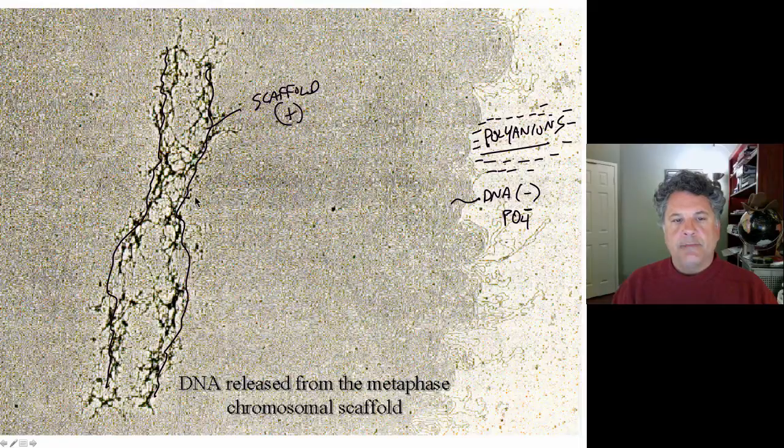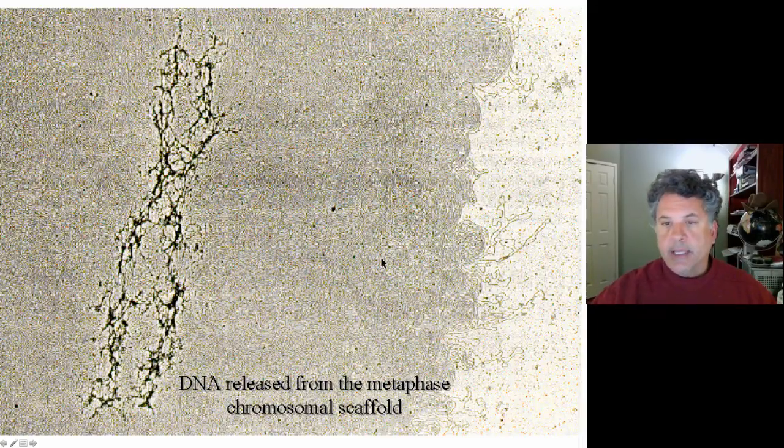And the DNA then spews out from the scaffold, and what you are looking at here is the DNA that has been spilled out of this chromatid. And over here to the left, we see that this chromatid's DNA has been spilled out as well. And you can see loops of the DNA molecule out here at the edges. And if you were to trace this through, you would see that all this mess here would be one single long DNA molecule.